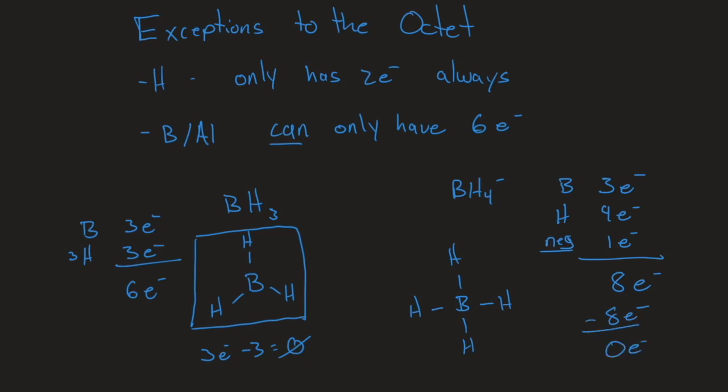But now the formal charge on boron: I started with 3 electrons. I'm supposed to subtract 4, 1 for each bond, and that gives me a -1. So the formal charge on boron is -1. Note that the formal charges total the charge of the ion, -1. And so boron and aluminum either are neutral and don't have an octet, or they're negatively charged and have an octet. The last exception to the octet rule that we'll talk about is sulfur, or really